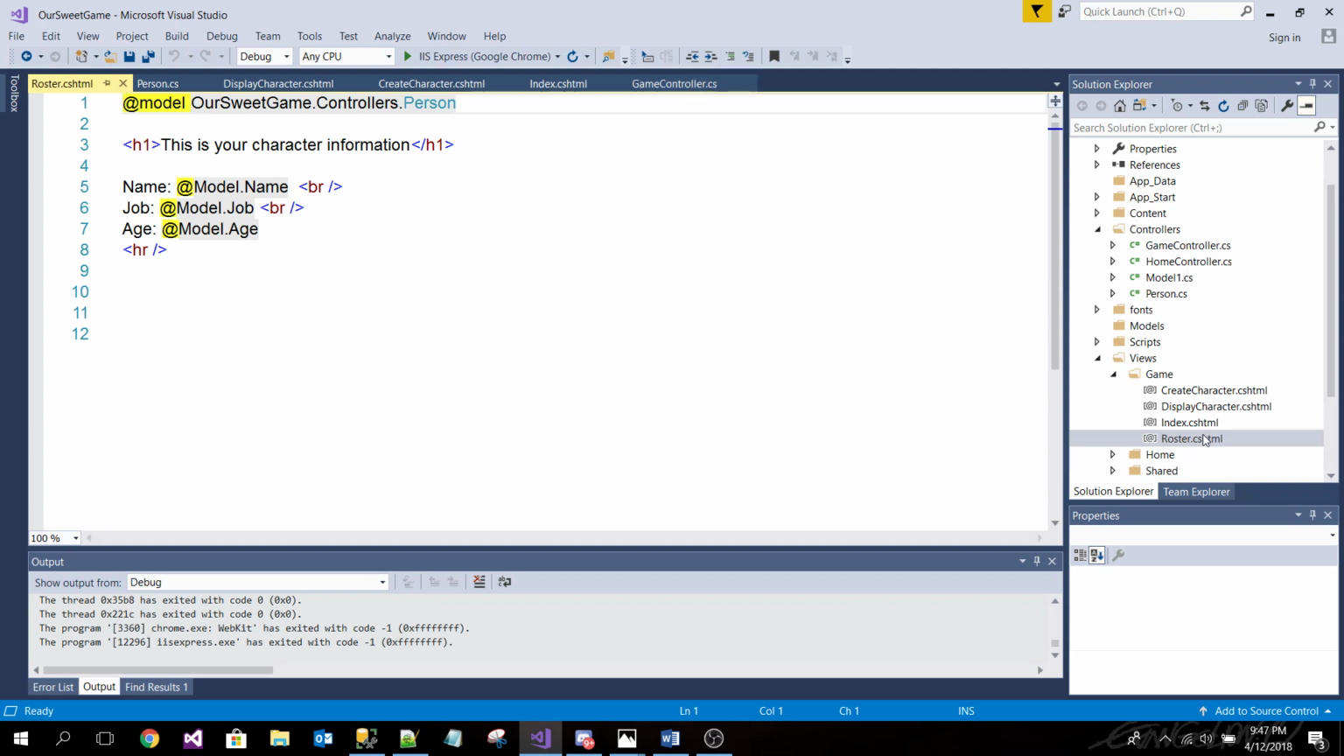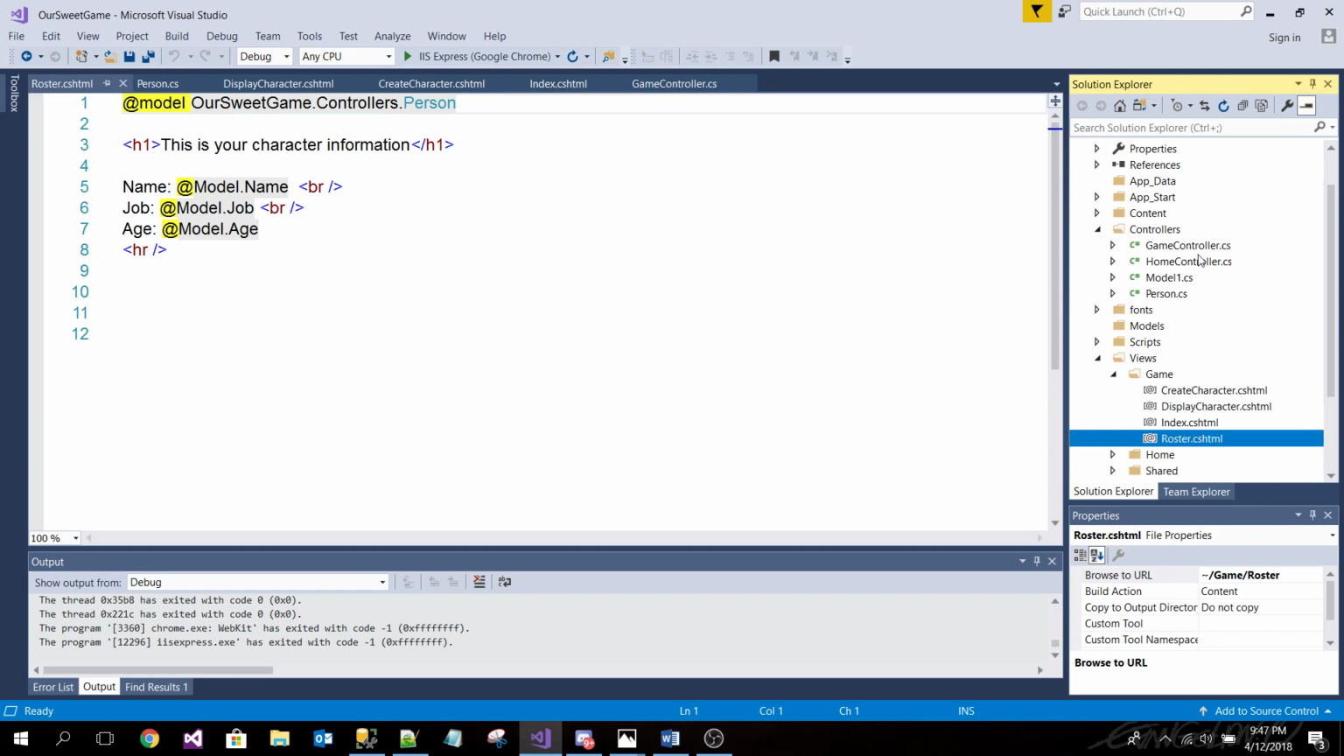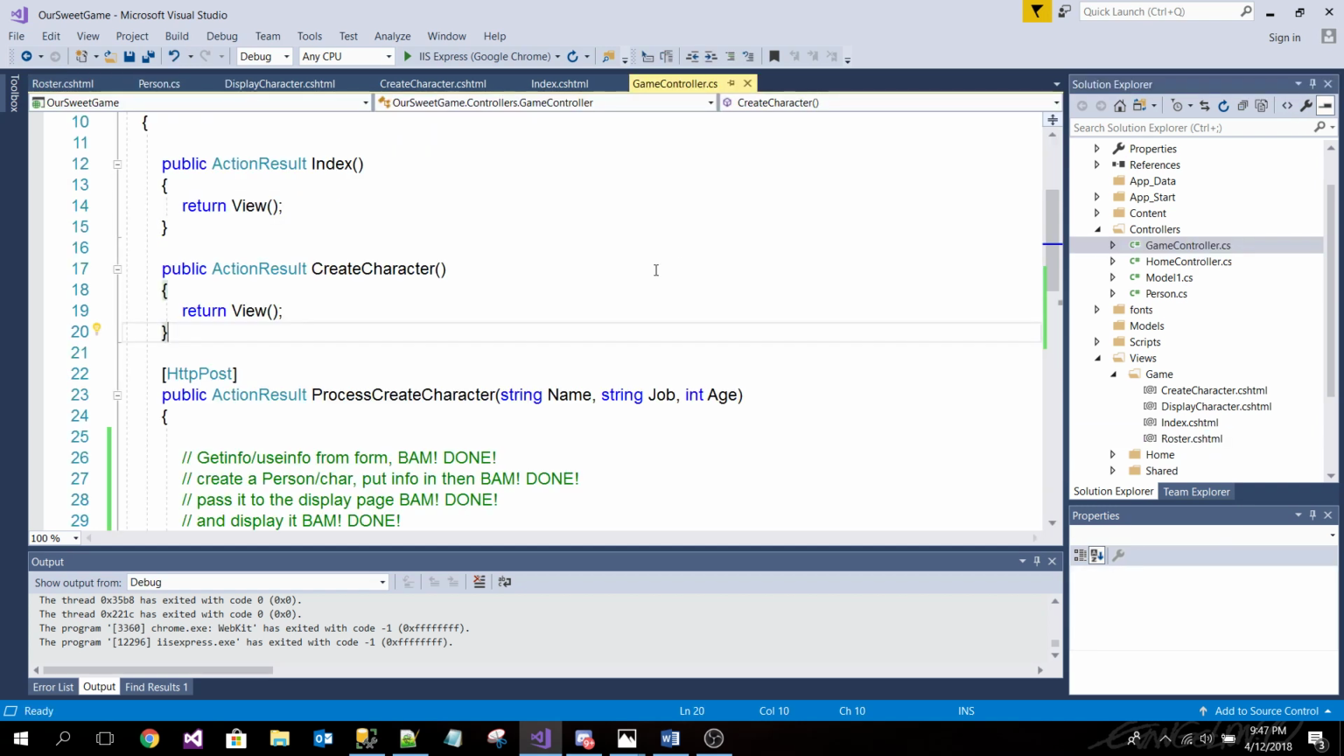So we have a roster page here. So what are we missing? We have the roster HTML, but how do we go to a roster page? What do we need? We need to add it in the controller. That's right. Again, we can probably copy paste the